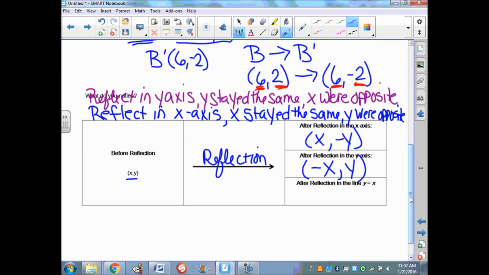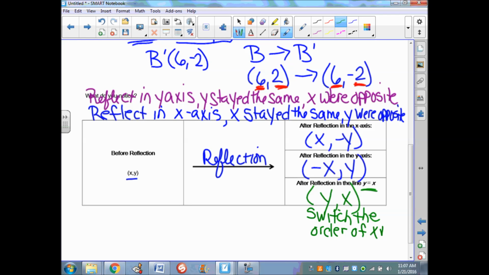After reflection in the line y equals x, we got to see what that line looks like, but I'm going to tell you what happens. When we reflect in the line y equals x, we flip-flop our coordinates. If it goes from x, y, when we're reflected in this line y equals x, we switch the order. So let's make a note there. We're going to switch the order